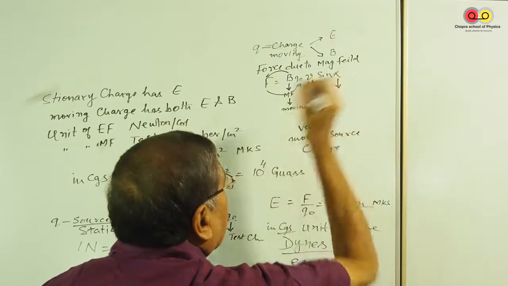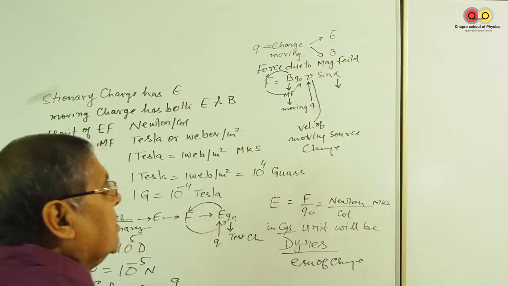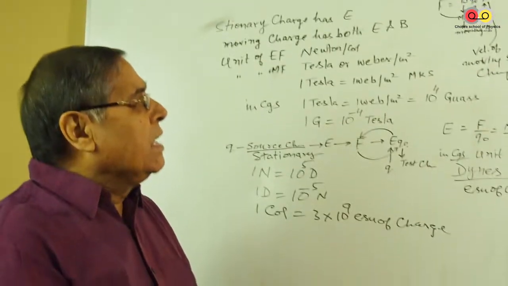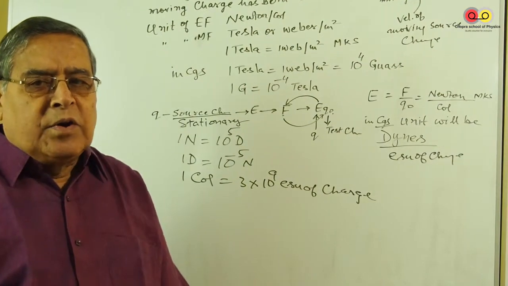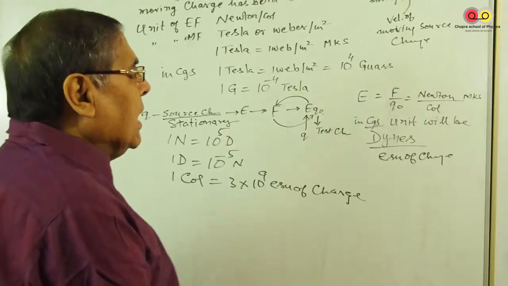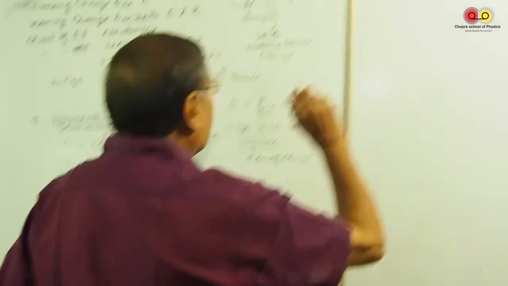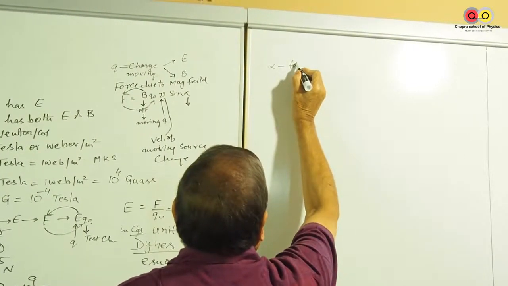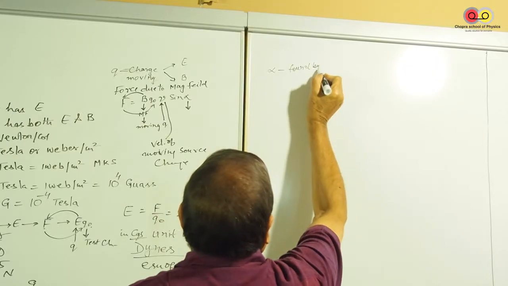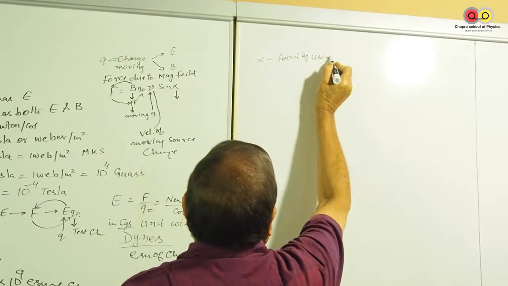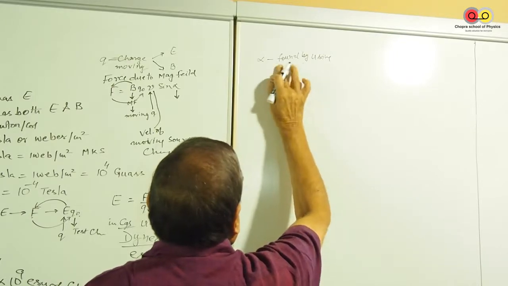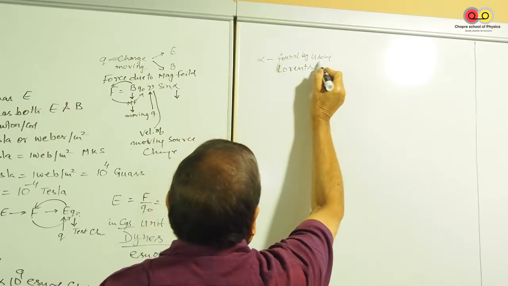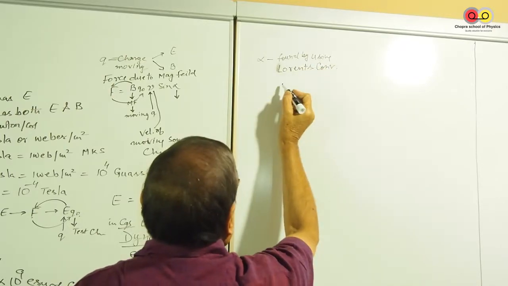Alpha. Now this is the angle. This angle is determined by Lorentz convention. Alpha is determined by Lorentz convention. According to Lorentz convention, alpha is found by using Lorentz convention. So here I will draw